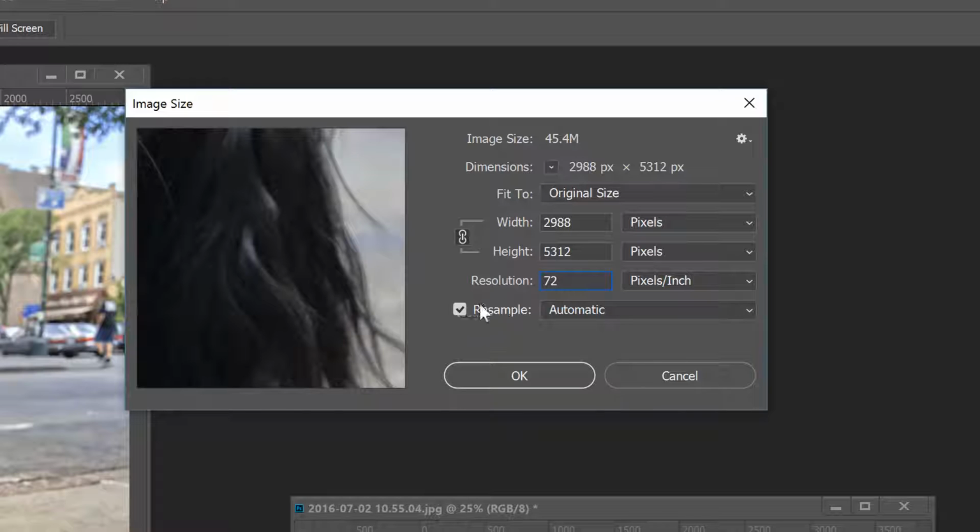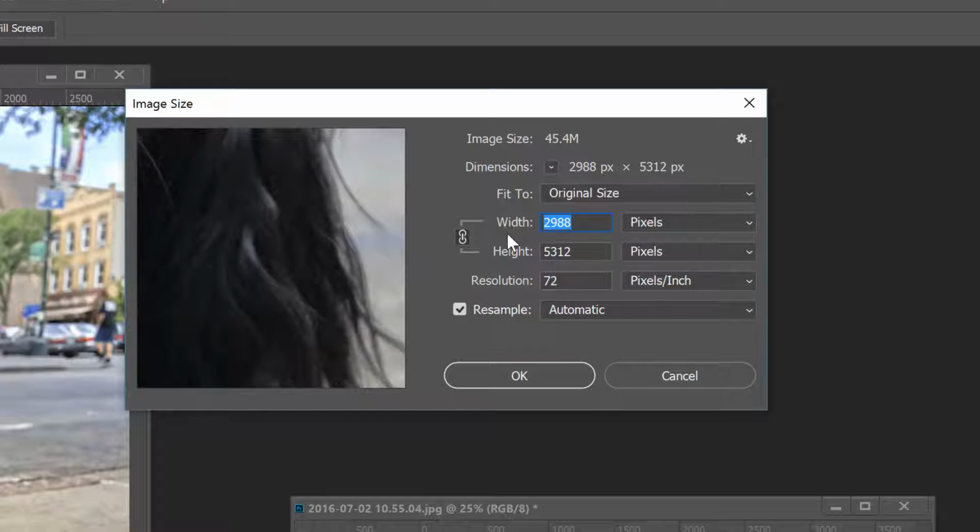And with resampling on, you're not going to lose any of the rest of the size, the height and the width, because if you don't turn on resampling and you make that smaller, whatever your width and height is while you're editing, you cannot go back up. So whatever width and height you begin with, you want that to be as large as possible, because that will determine the clarity of your photo. So at 72 dpi,